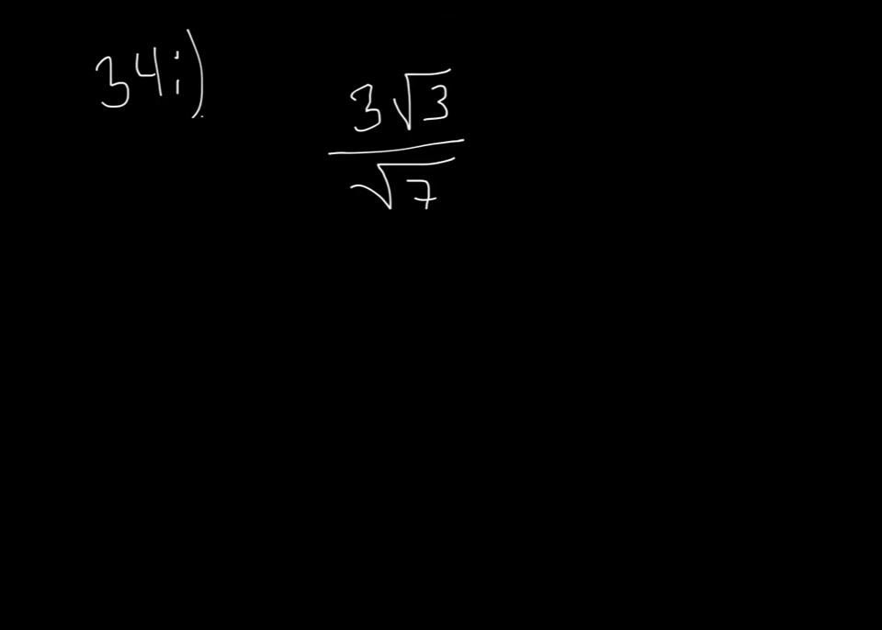So let's look at 34i, right? 3 square roots of 3 over square root of 7. The idea is, what are we to do with this? Well, we don't want to leave the denominator an irrational number. The square root of 7 is irrational. So let's rationalize it. The way to do that is to multiply the numerator and denominator by the square root of 7. That is going to result in 7 in the denominator because, in case you've forgotten,